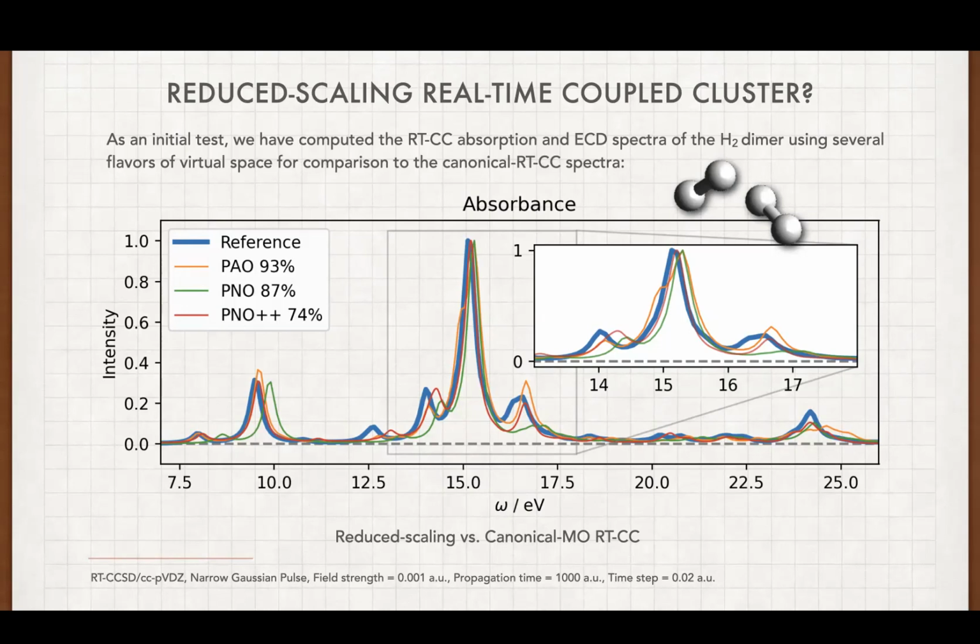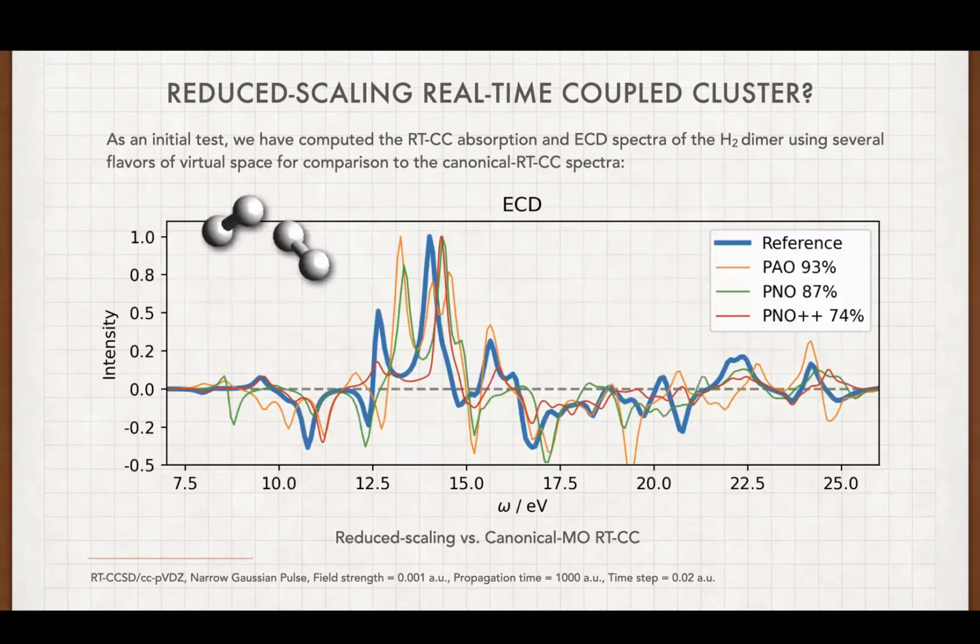You get extra shoulders and things like that from this, because the fluctuations, I guess is the right term to use, in the wave function in the presence of the field are greatly impacted. It's highly sensitive to the nature of these cutoffs and how you truncate the space. For CD spectra, it is unsurprisingly even more sensitive. That's what we find for all of these chiroptical properties. They're extremely sensitive to the level of theory. And so I can't say that we have succeeded at all yet, but we're making progress in this and learning a great deal about it as we move forward.